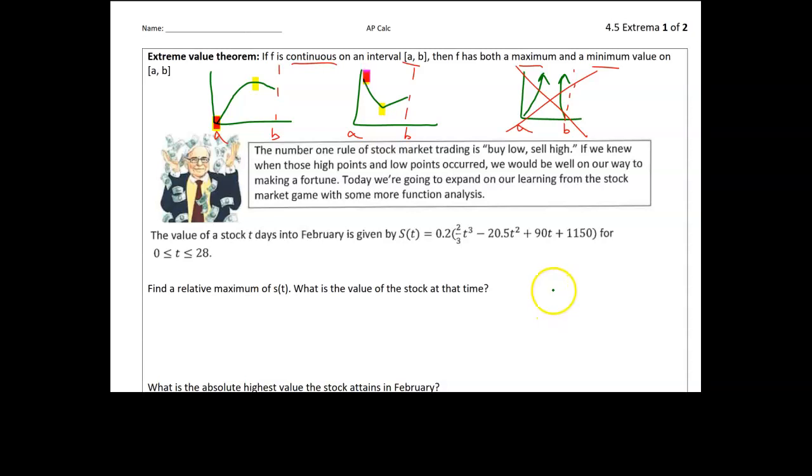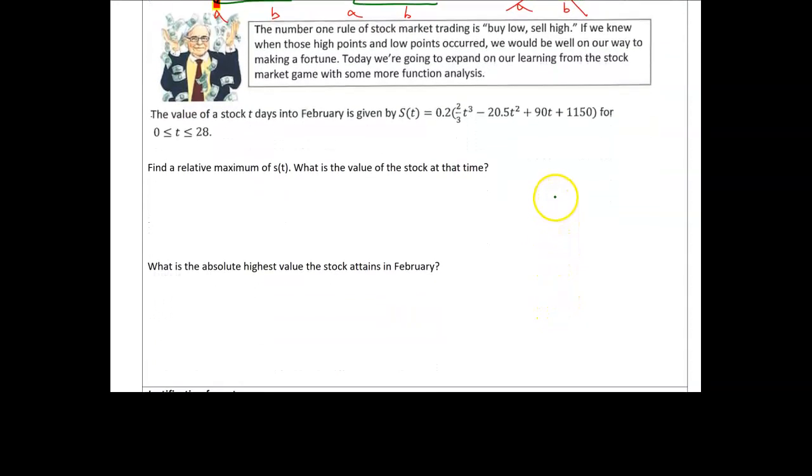So what we have here is a stocks example, right? And with stocks, it's obviously useful to know where the maximum and minimum prices are, because that's where you want to buy and sell them to make the most money. So we're going to start by finding a maximum price of this stock when the price is given by this function s here. And we're going to use an idea related to the derivative that we've kind of teased before,